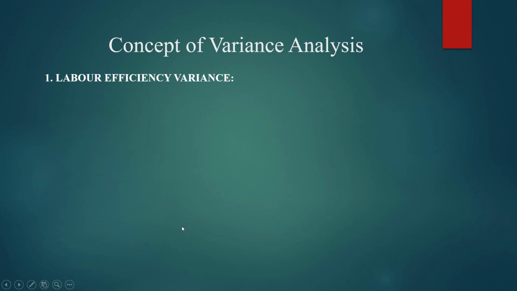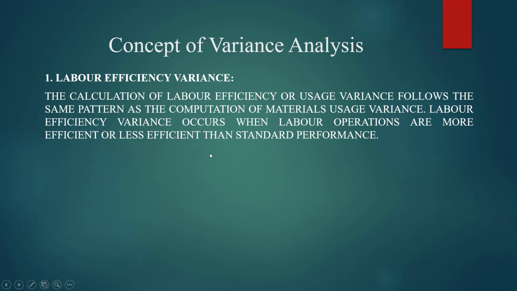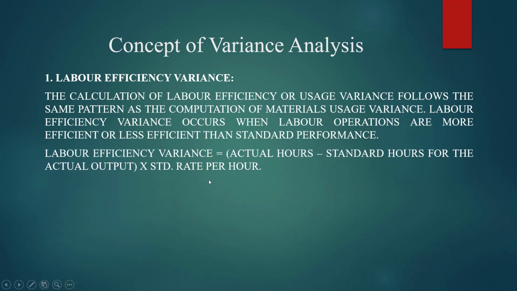Now next, under the labor cost variance there is labor efficiency variance, right? Now what is efficiency variance? Efficiency means how the laborers are working, whether they are working properly or not, whether they are working according to the time, how much output they have to produce, whether they are efficient to work or not. We see this under the labor efficiency variance. It is also the difference between the standard and how efficient they actually are. So this will be clearer with the formula.